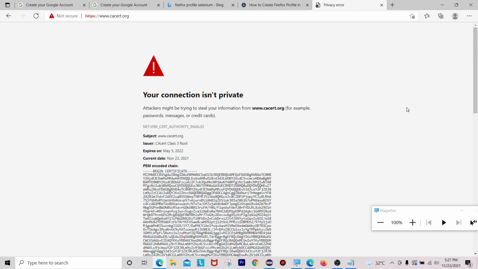When an SSL certificate is used, the information is sent to the right server, not to a criminal server. If you are not using SSL certificates, there is a chance that other people can see what you are doing on that particular server. That is the reason why we need to handle SSL certificate issues.